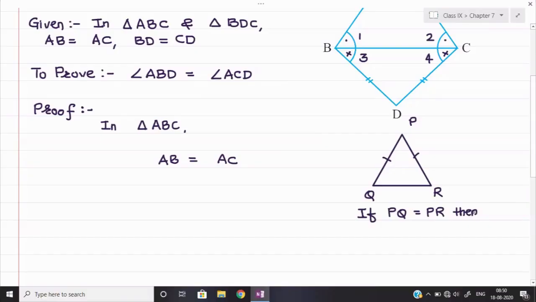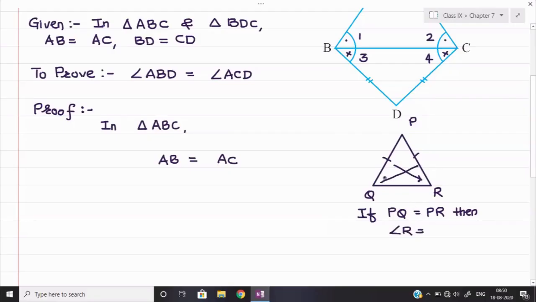See, in the beginning of this exercise we studied the isosceles triangle theorem. We may have utilized it in one or two questions, but now strongly only that theorem we shall utilize in this question. None of the other things we will use. See in triangle PQR, suppose I have two sides equal, then we know that the angles opposite to equal sides will also be equal. So in front of PQ, observe, in front of PQ, which angle do I get here? Angle R, right? And in front of PR, which angle do I get here?